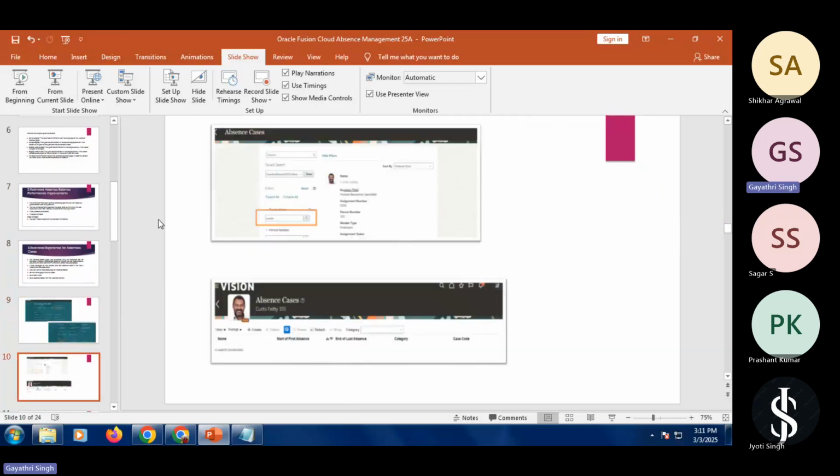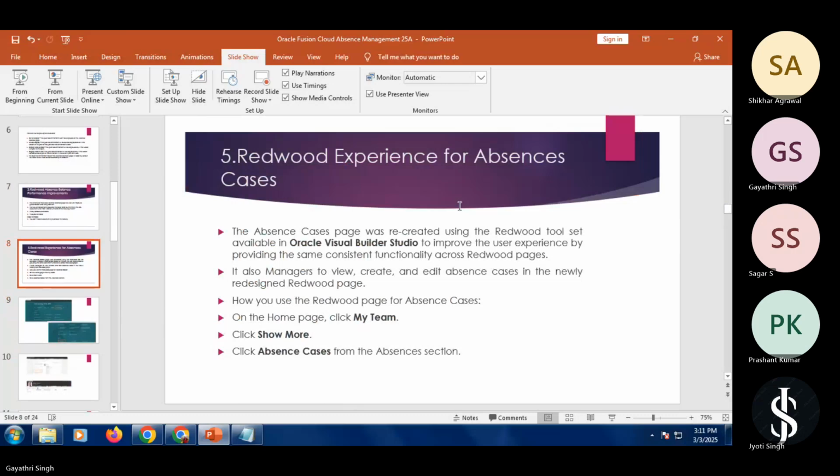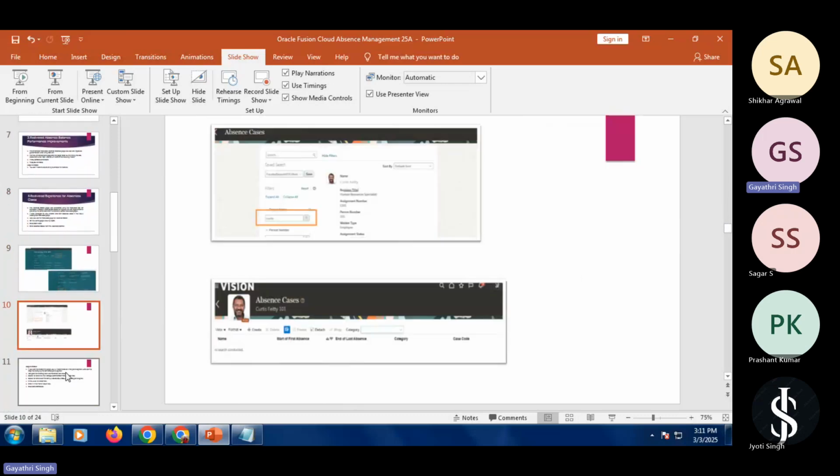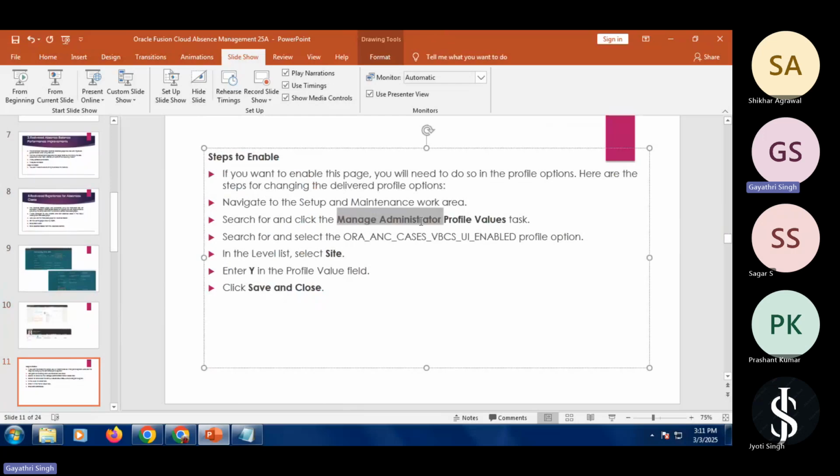The visibility, only the UI improvement has been searched. I am just searching for a random user. We are taking Curtis Fierty as an example. Only the UI feature has been changed for this particular enhancement. In order to enable this enhancement, we have a profile option to be enabled, like manage admin profile